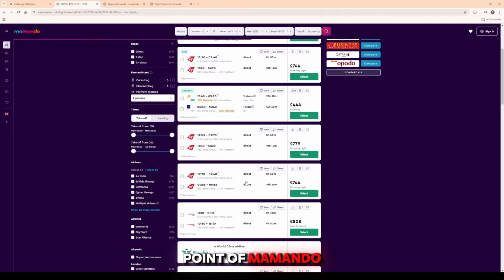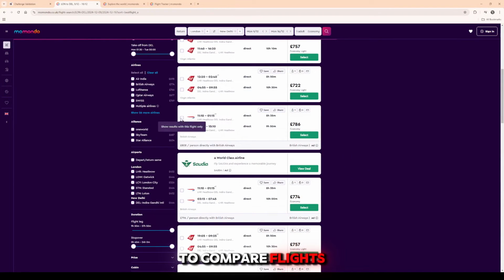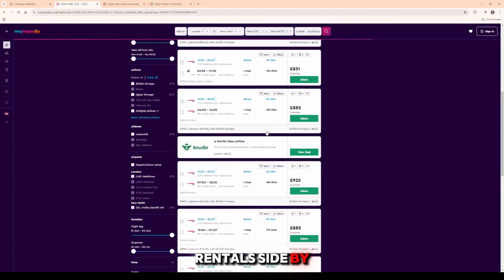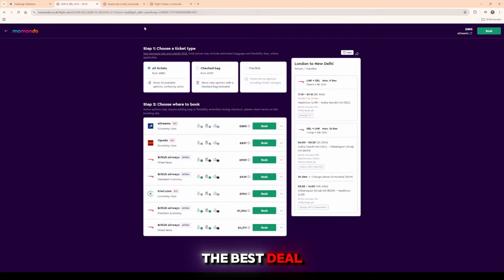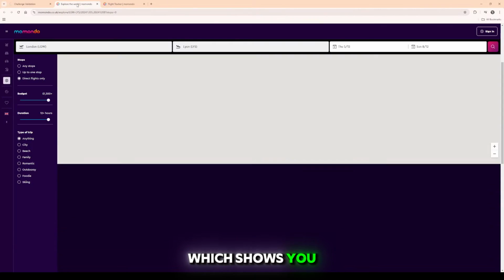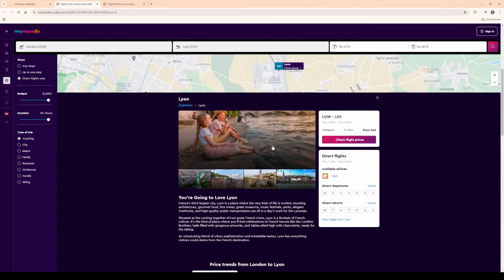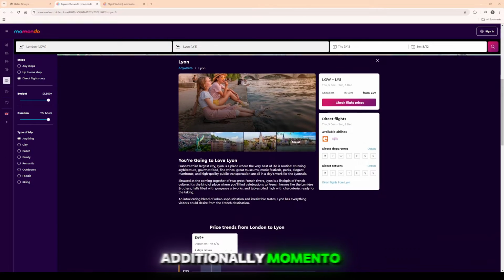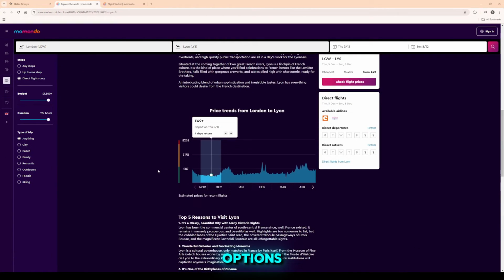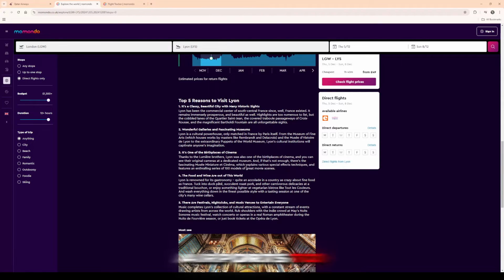The main selling point of Momondo is its price comparison tool. It allows you to compare flights, hotels, and car rentals side by side, helping you find the best deal based on your preferences. One of its standout features is the Cheap Flights tab, which shows you the lowest possible price for destinations based on your preferred dates. Additionally, Momondo provides flexible search options, so you can adjust your dates or select multiple airports to potentially lower your